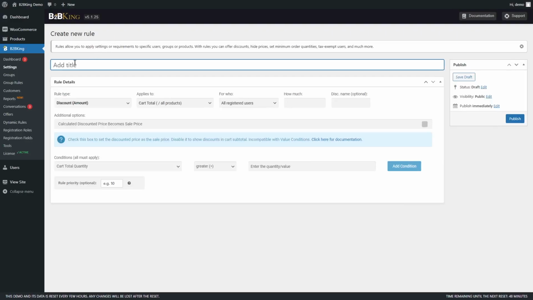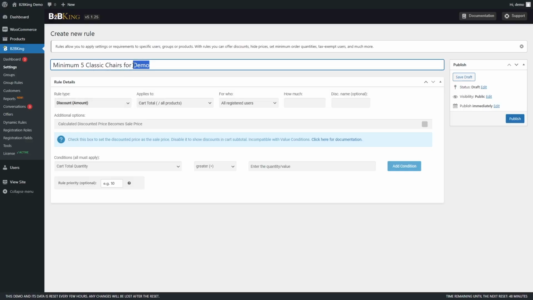Now let's add a suitable title. Alright, we named it minimum 5 classic chairs for demo. Demo is the name of the user, and as you can see that our username is demo over here, but you can write the name of the particular user you are applying this rule for. First, we're going to learn how you can apply this minimum order threshold for a particular product and for a